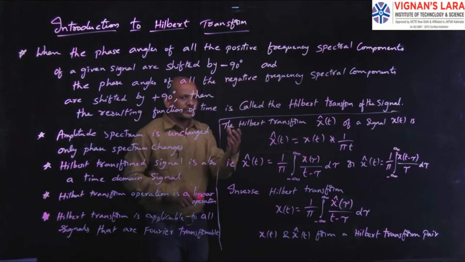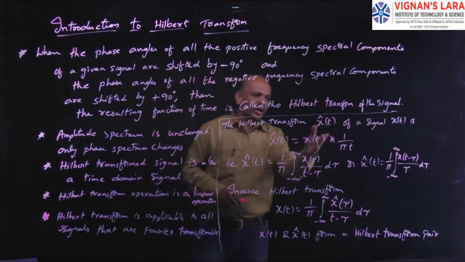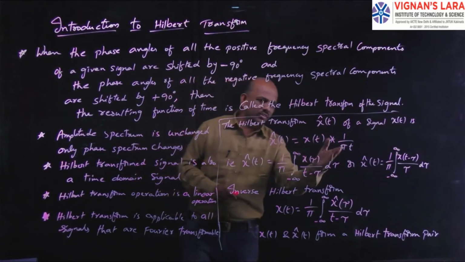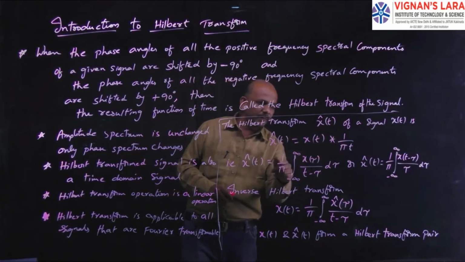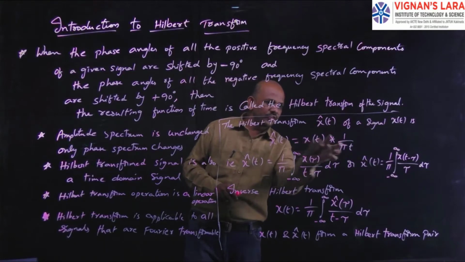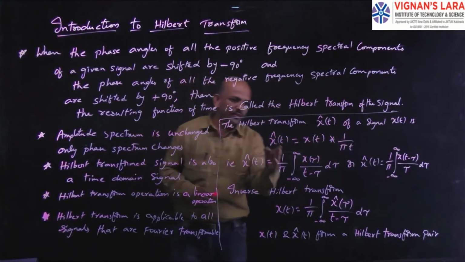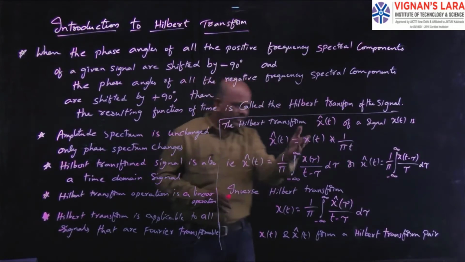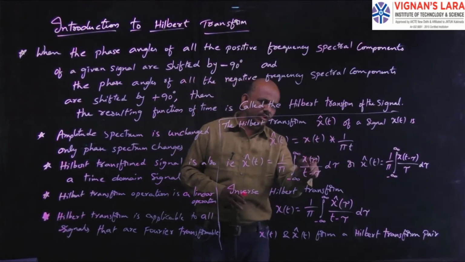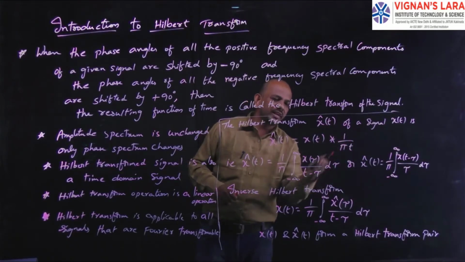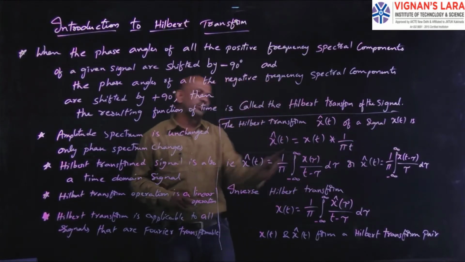We all know the formula for convolution. So, apply the formula of convolution, then we get x cap of t equal to, so pi is a constant, so I have taken it outside, 1 by pi. Here two signals: one is x of t, another one is 1 by t. So, the convolution formula, integral from minus infinity, replace with tau, x of tau into 1 by t minus tau, or simply I write x of tau by t minus tau d tau.